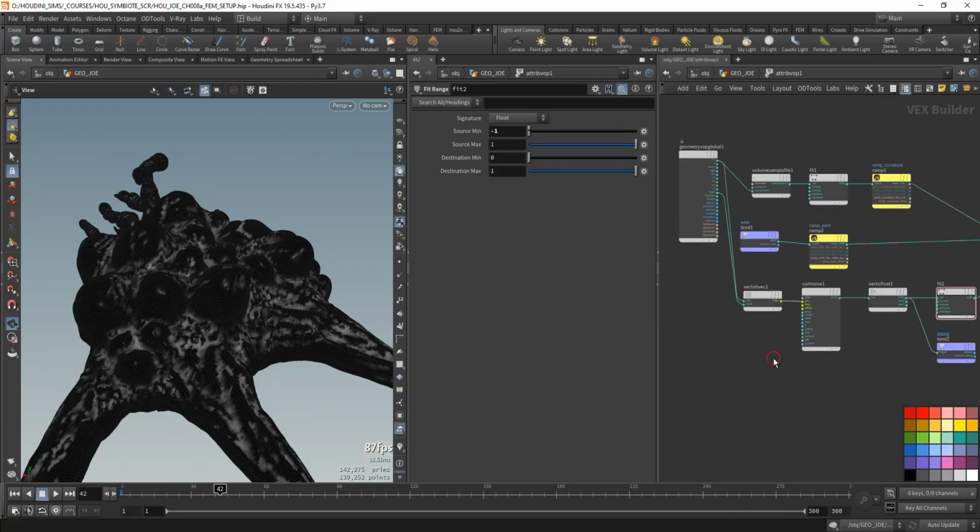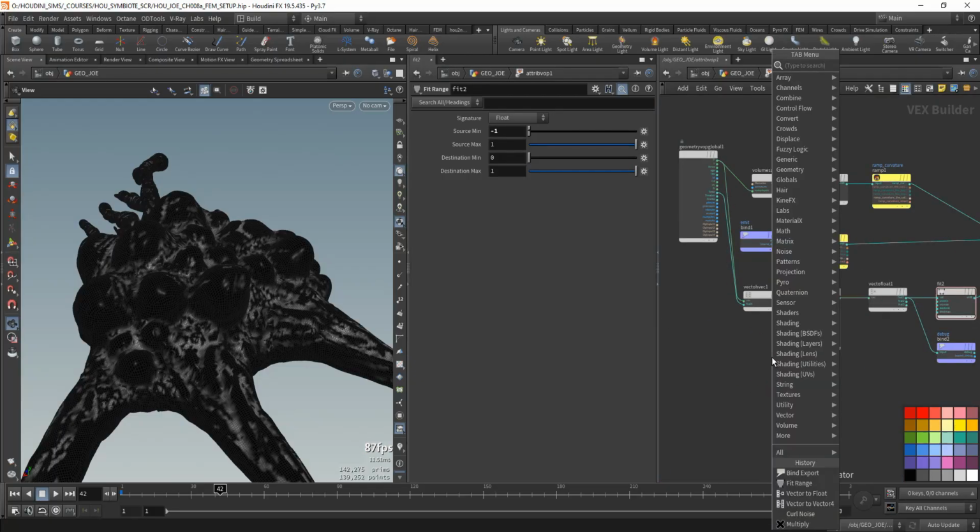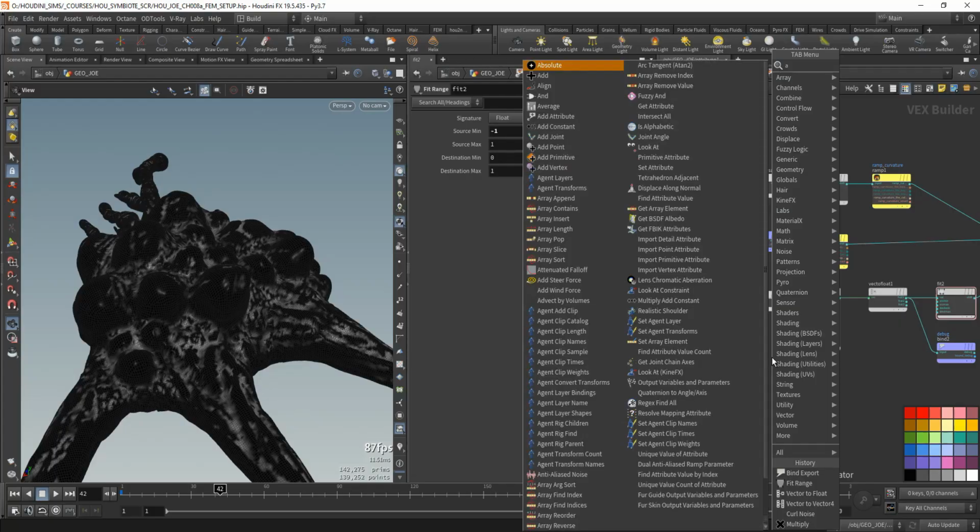And the other thing left here is making a viscosity attribute, because in the flip simulation I used variable viscosity for the liquid, and it requires an attribute. If you want to vary the viscosity over the body of liquid and have different viscosities in different regions of your liquid, you have to make an attribute based on a noise or a mask that you painted on the geo. So let's make this. I'm using an AA flow noise,